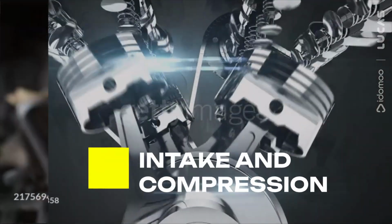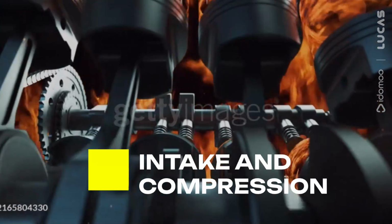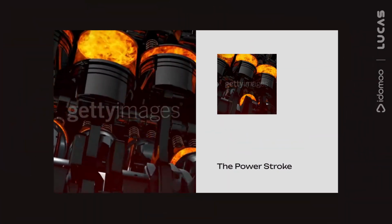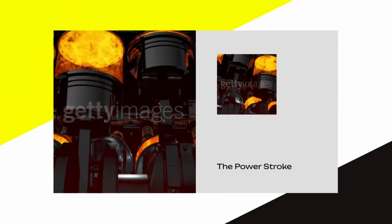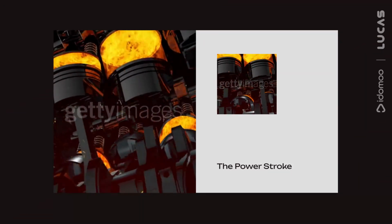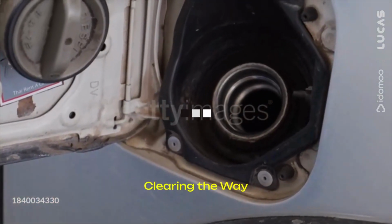The intake stroke draws in air and fuel, while the compression stroke squeezes this mixture, setting the stage for ignition. In the power stroke, a tiny spark or compression heat ignites the fuel, creating an explosion that drives the piston, converting energy into motion. The exhaust stroke clears the cylinder, expelling spent gases and readying the engine for the next